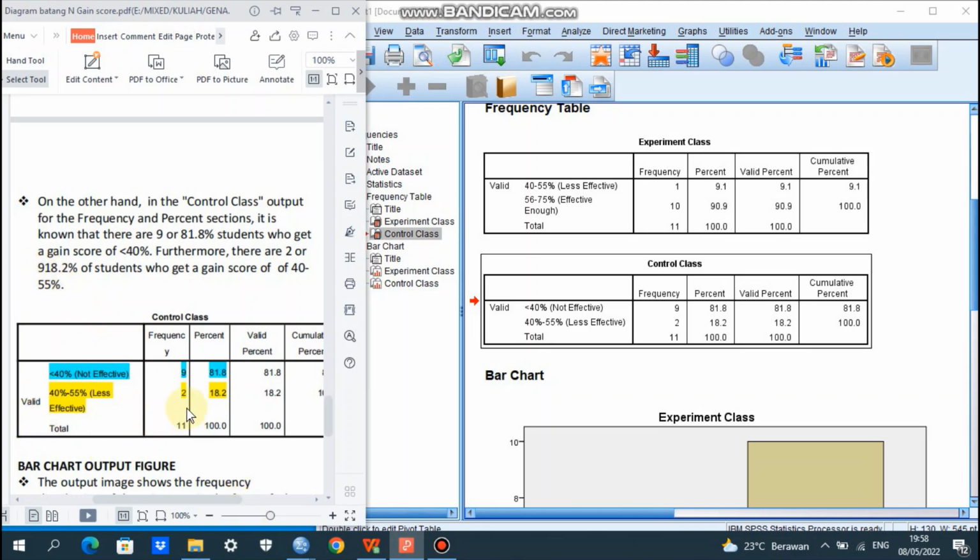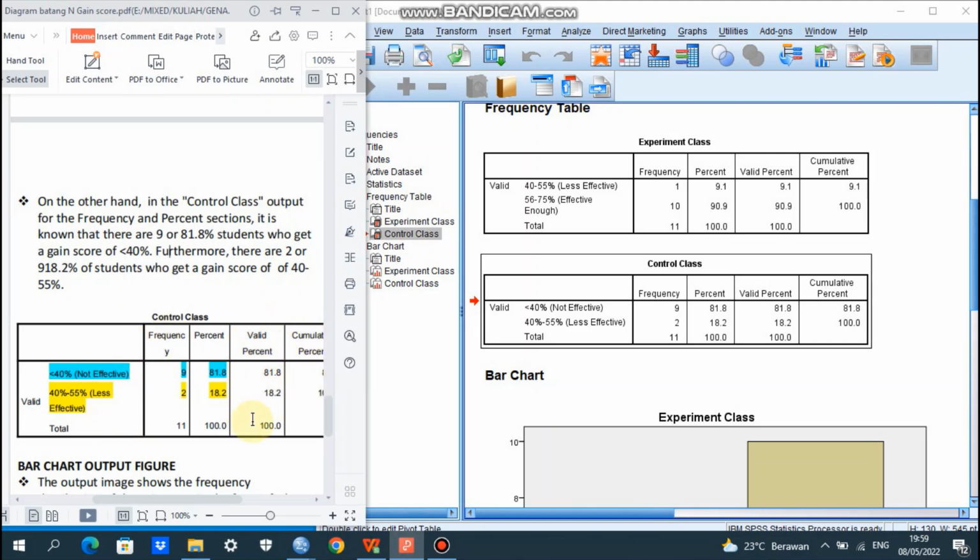Here the frequency 9 is for the participants who show the N-gain score less than 40%, or categorized not effective. And then the frequency 2 is for those who get the N-gain score percentage of 40 until 55%, or categorized less effective.